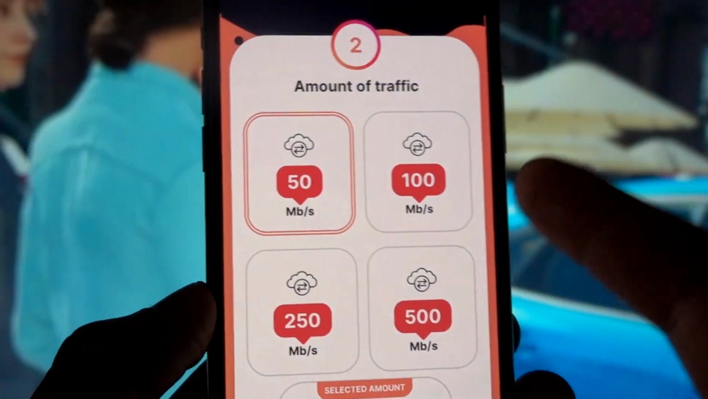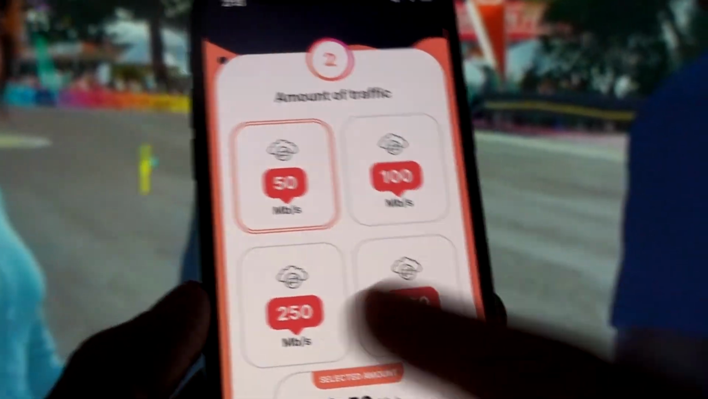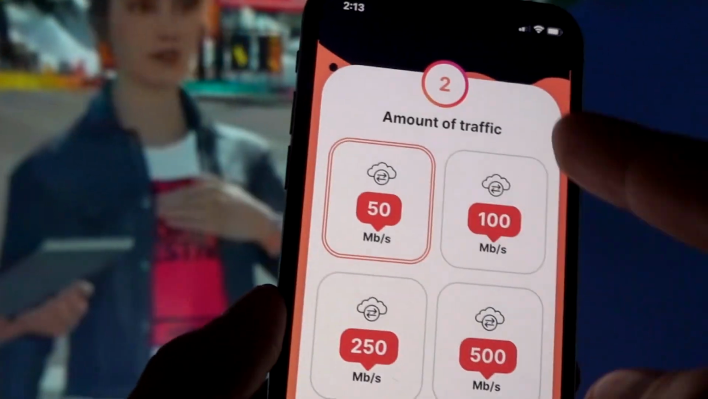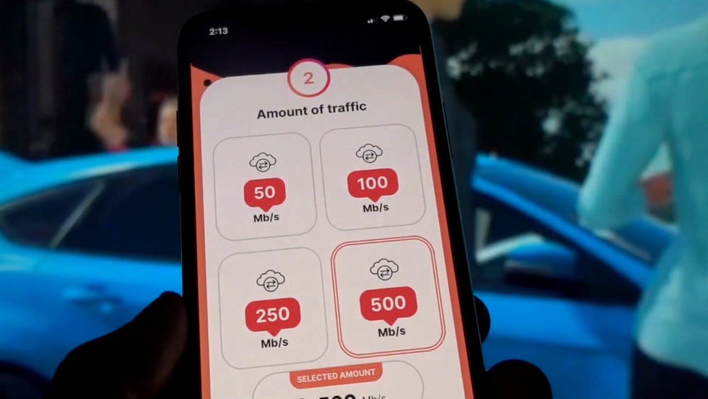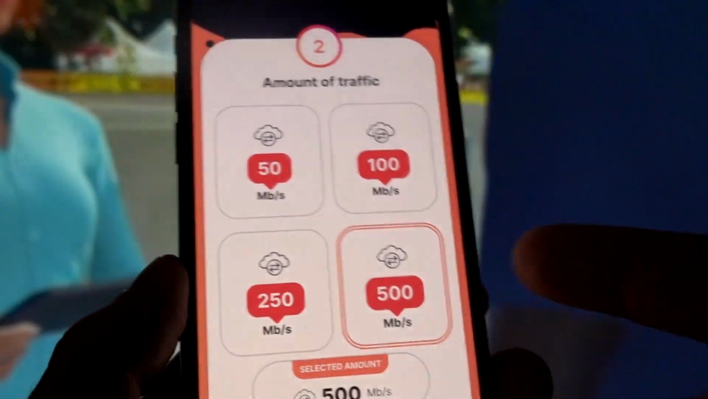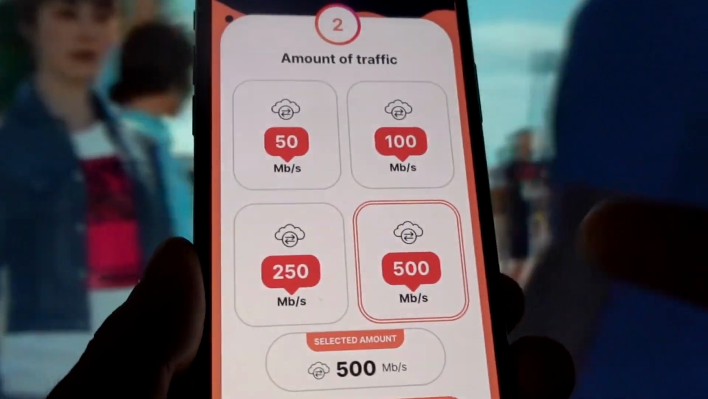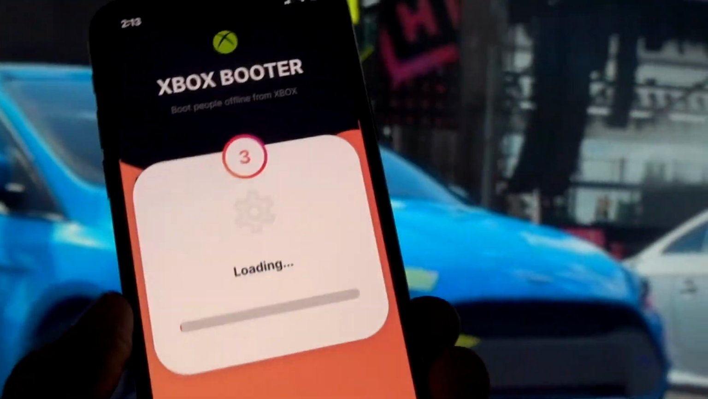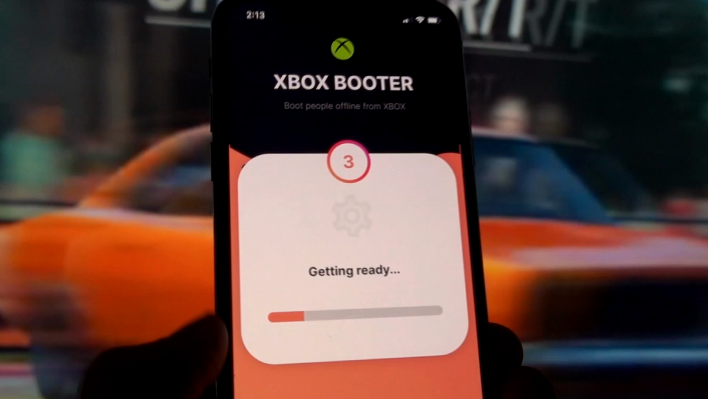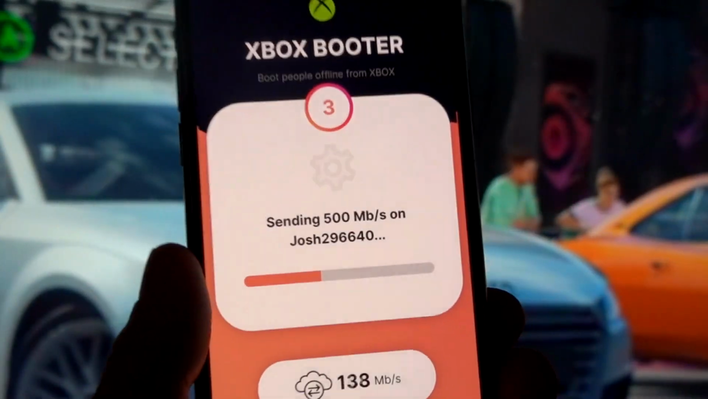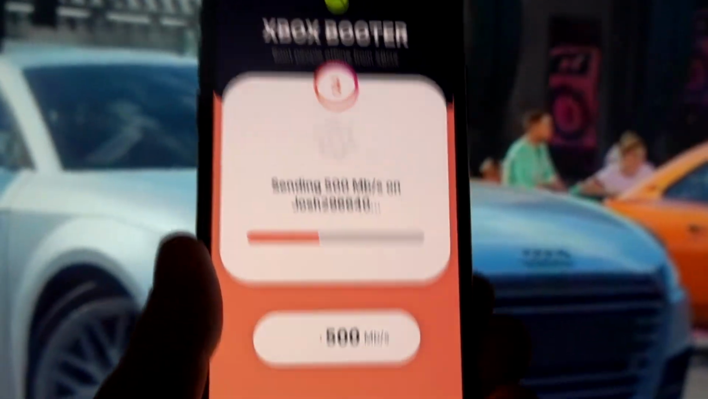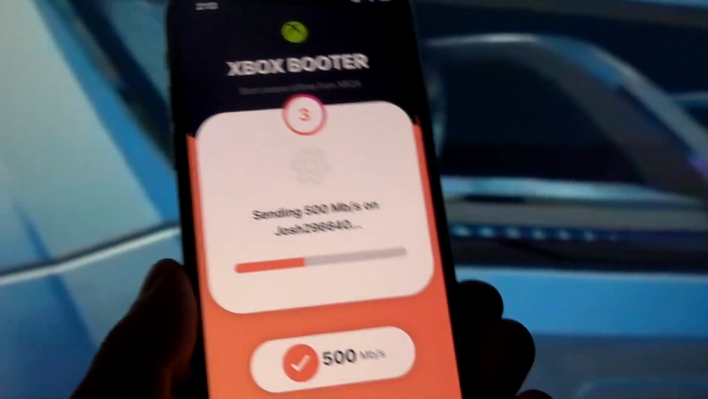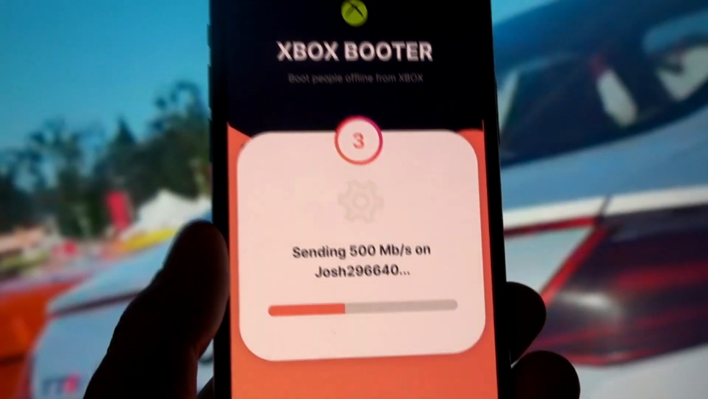Now here's the amount of traffic. The bigger, the faster the user will be offline. So basically, if you select 100 Mbps or 500 Mbps, that will allow you to boot that player faster. So there we go. You click on 500 Mbps, click on proceed, and there we go. It will load, and as soon as the loading finishes, you will have that player booted in the quickest time possible. Sending 500 Mbps on